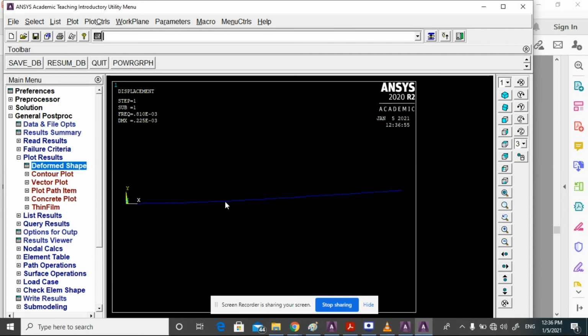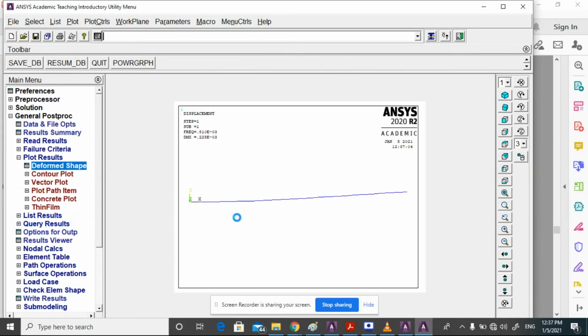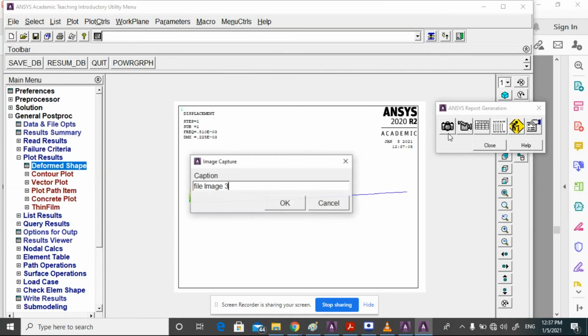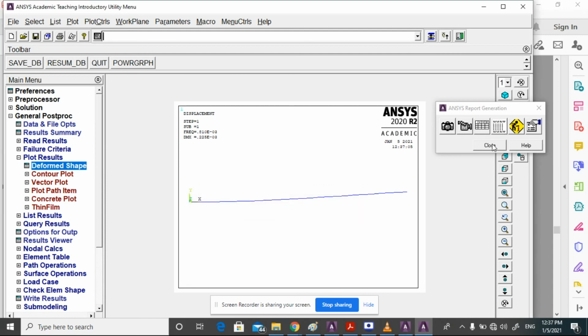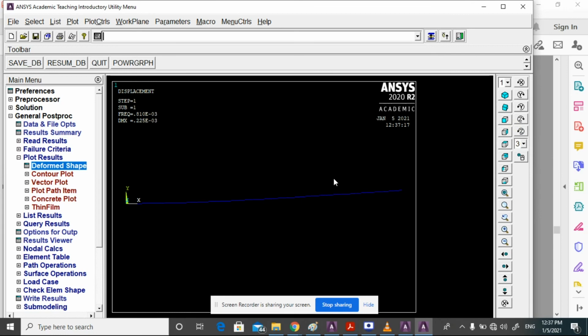If you want to capture this image, go to the plot controls, capture and save the file with the name 8.1. OK. Close. Read results, next set.